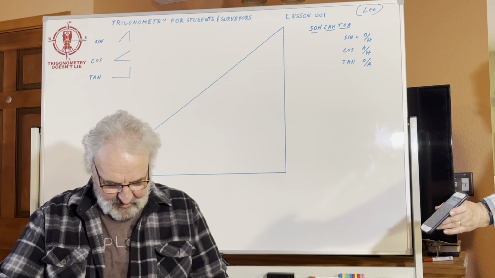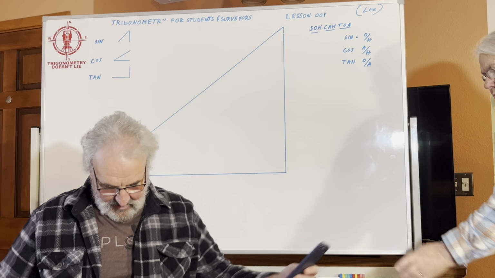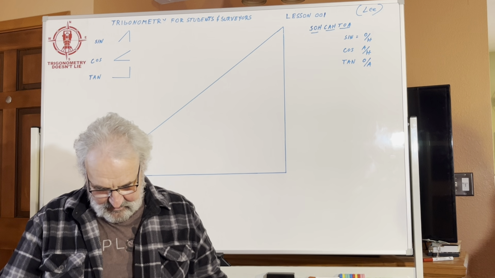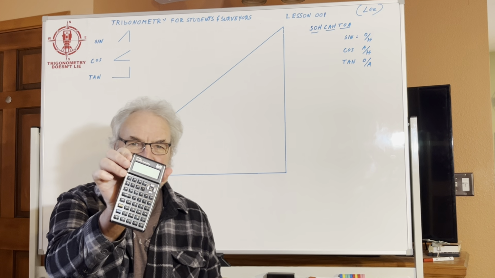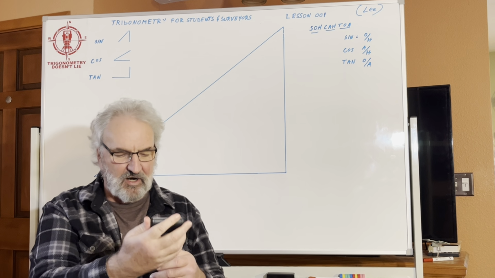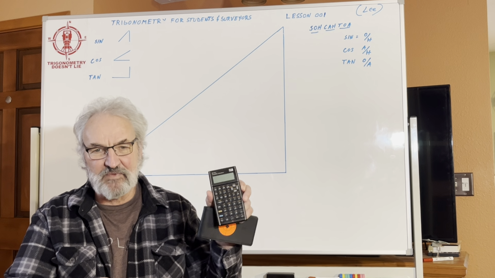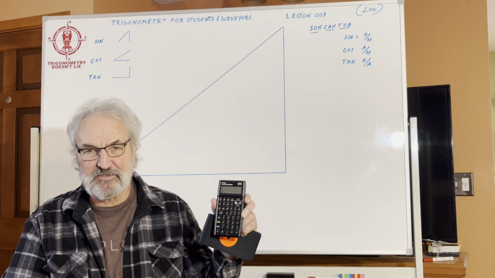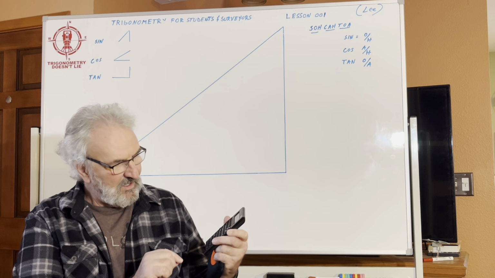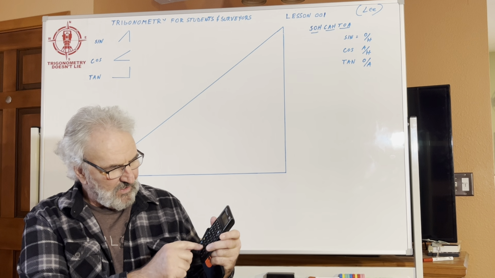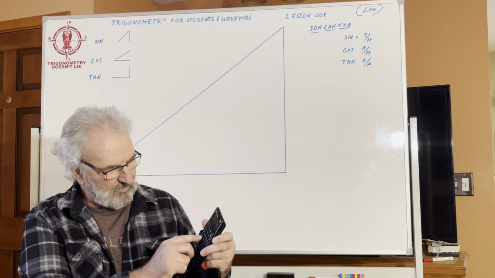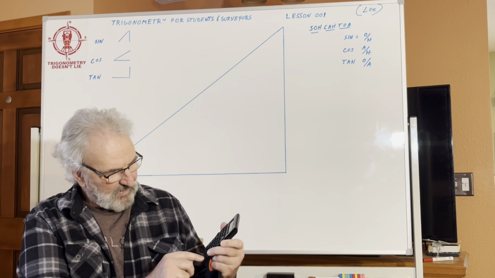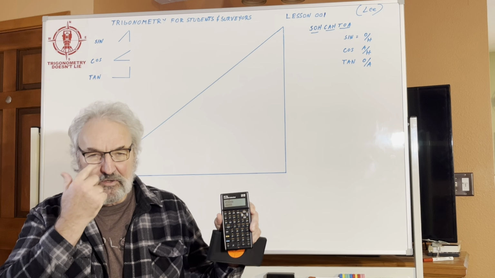You're going to need a calculator, and we have always used the HP 35S right here. Very good calculator. These are RPN, reverse Polish notation. You don't have to use reverse Polish notation. What that means is, instead of going 2 plus 2 equals 4, you just go 2, enter, 2, plus. It seemed a little confusing at first, but